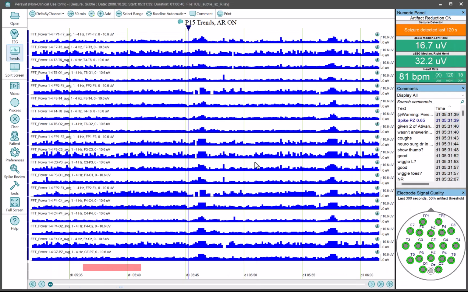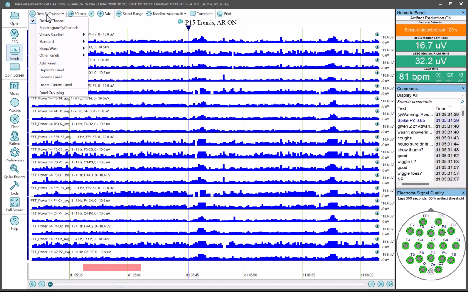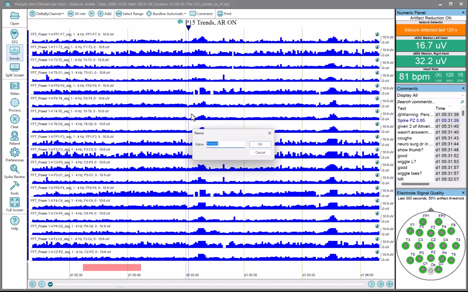Easy. So let's say you wanted to add a panel, you want to do the next band, or if you wanted to do everything, you could just crowd a bunch of trend panels onto one and export them all to CSV. There's no limit to how many, there's not a practical limit to how many trends you can put on. It just becomes difficult to see them, but you can export them to CSV. There's a limit to how big of a CSV file Excel can open. That's okay. All right, so let's do